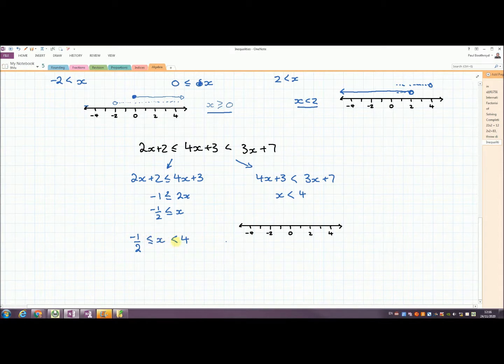If this wasn't true, you would wind up having to separate them out as separate inequalities. So it's only because minus a half is less than 4. So I can now use this compounded form. So I get minus a half is one key value, 4 is another key value, I don't want to include 4, but I want to include the minus a half. So when I do that, I can join the two circles together to show that this is my solution space. So minus a half is less than or equal to x